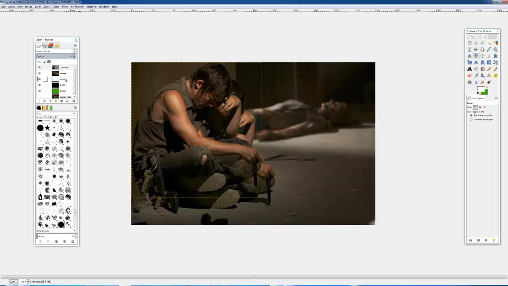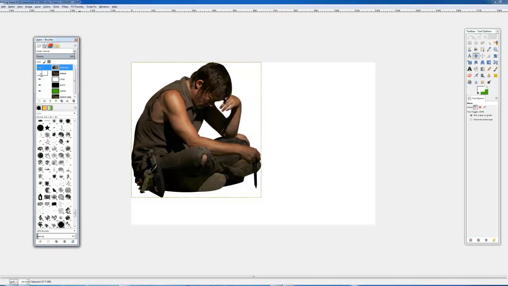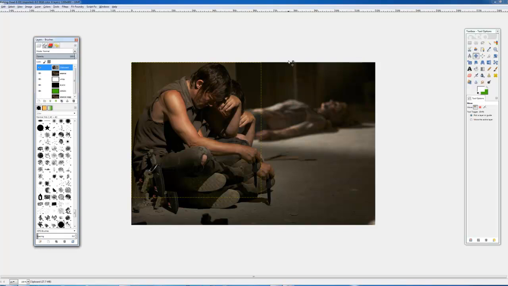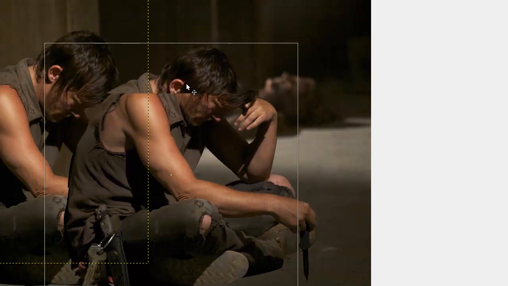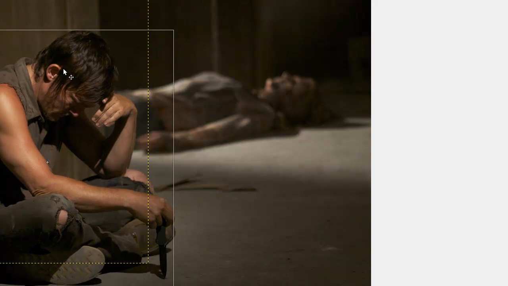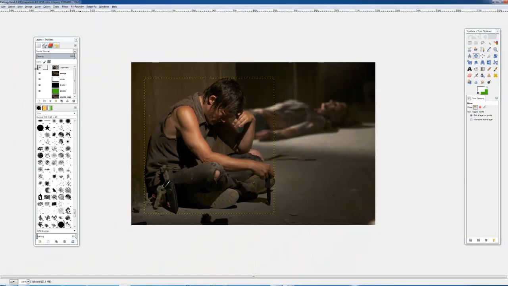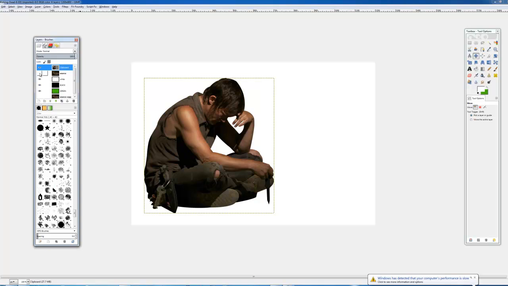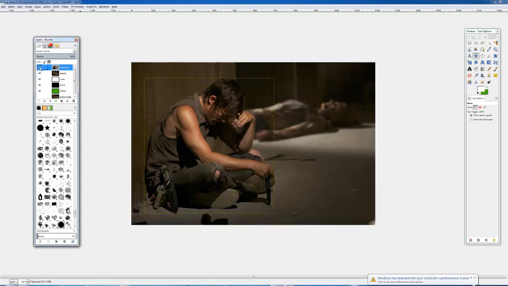So there's Daryl. If I turn the background off, you can see him. Now let's drag him around a little bit. There we go. Can move him wherever I want. I want him to be exactly where he was to begin with. So if I deactivate that layer, the view of it, by clicking on it, keep clicking on these, I can see if he's in the right position or not. So if I click on him again, it looks a little bit too high, so I'll click on him and